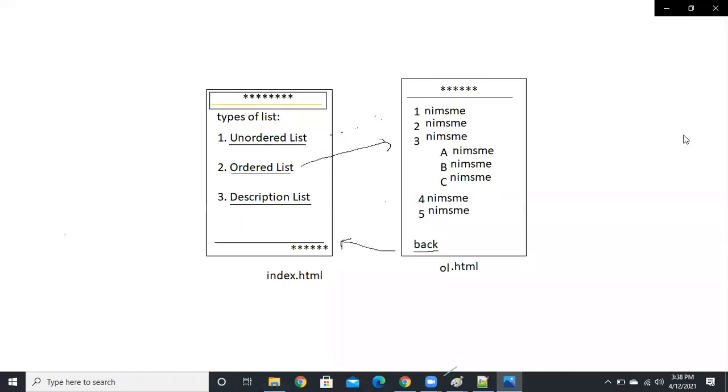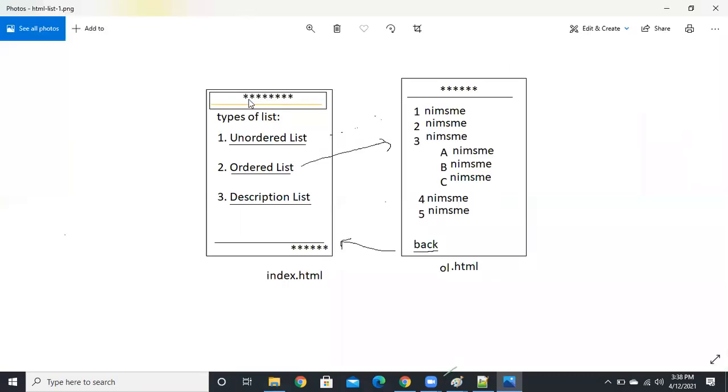You just create one page. In that you create the types of list. Take one heading and one line, guys.